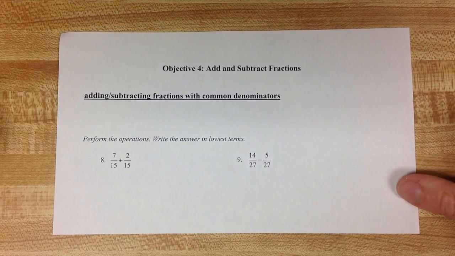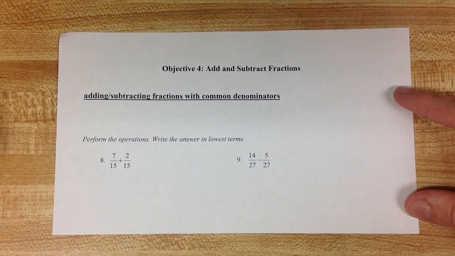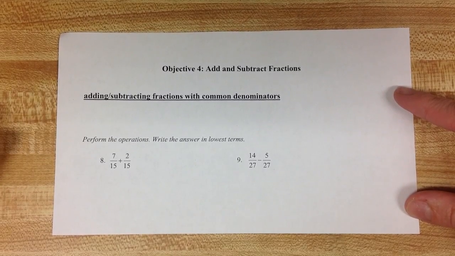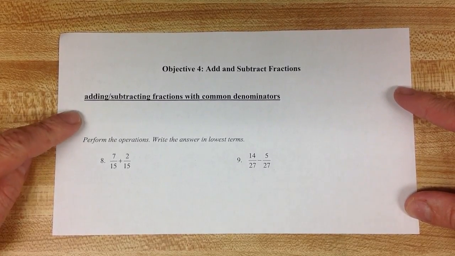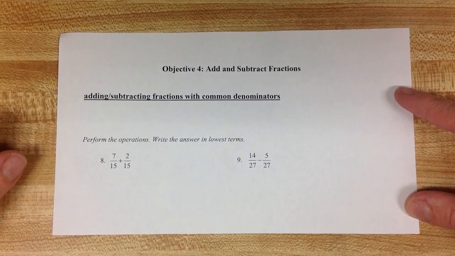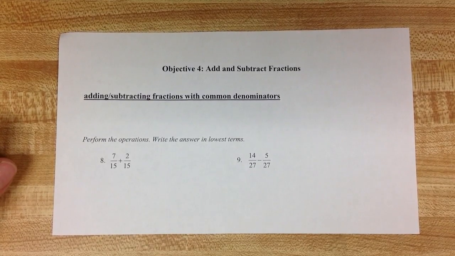Our fourth objective for this section is to add and subtract fractions. And we're going to talk about the easier kinds of fractions to work with first. We're going to add and subtract fractions that have common denominators. So if I go back to the pizzas that we were looking at earlier,